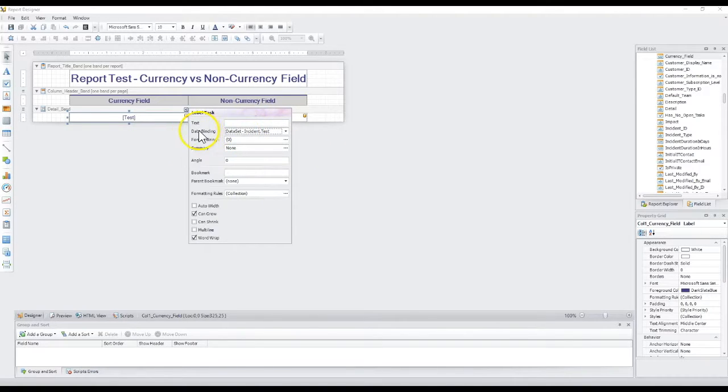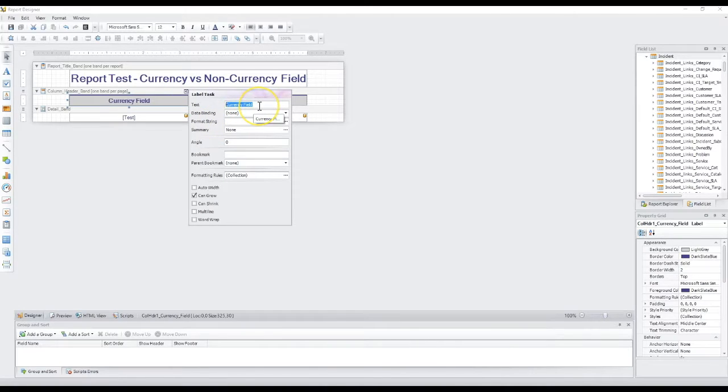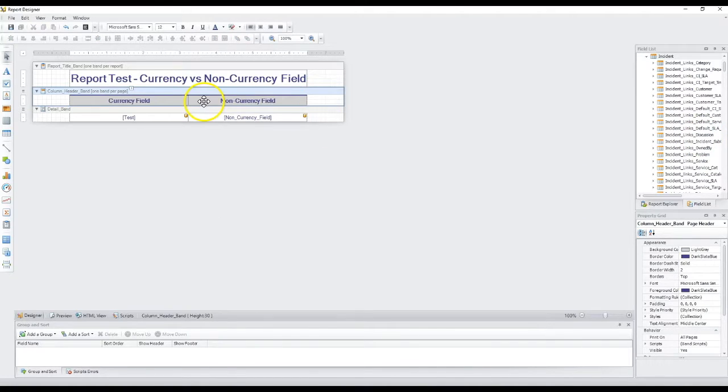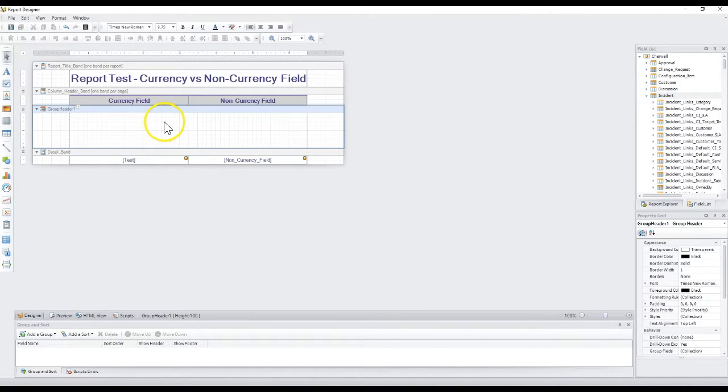And then if you don't want to bind to data, you can actually just specify text that'll appear on the label instead. So a good example of this would be where you have a normal label instead of a label that's bound, and you just have text on it. So we'll say this is our currency field. We're not bound to a field in our data set. So that would be the difference between our column header bands and our detail bands. One other key note, if you're working with reports, if you ever add a band by saying, insert a band. Let's add a group header or other type of band. If you were to add a field to this band,